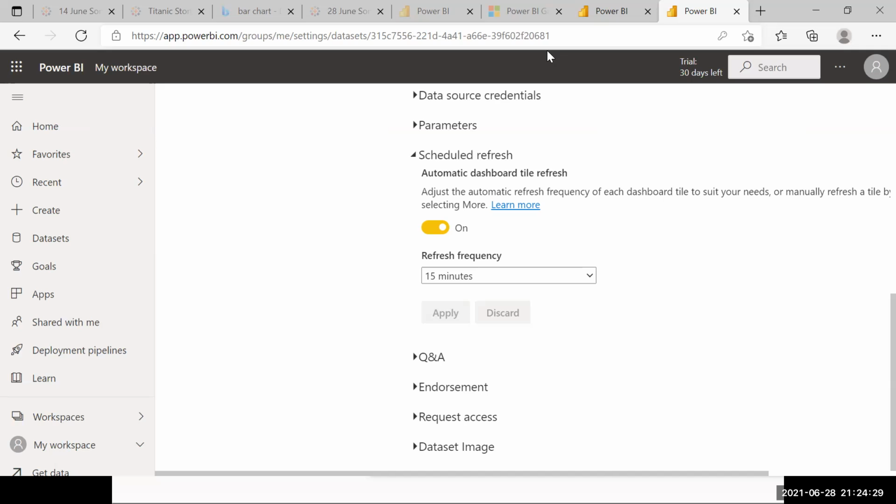Okay, are you all able to apply it? Set it up. And the authentication method should be Windows. In authentication method, there are basic, Windows and OAuth. So I should select Windows. Windows, yeah.